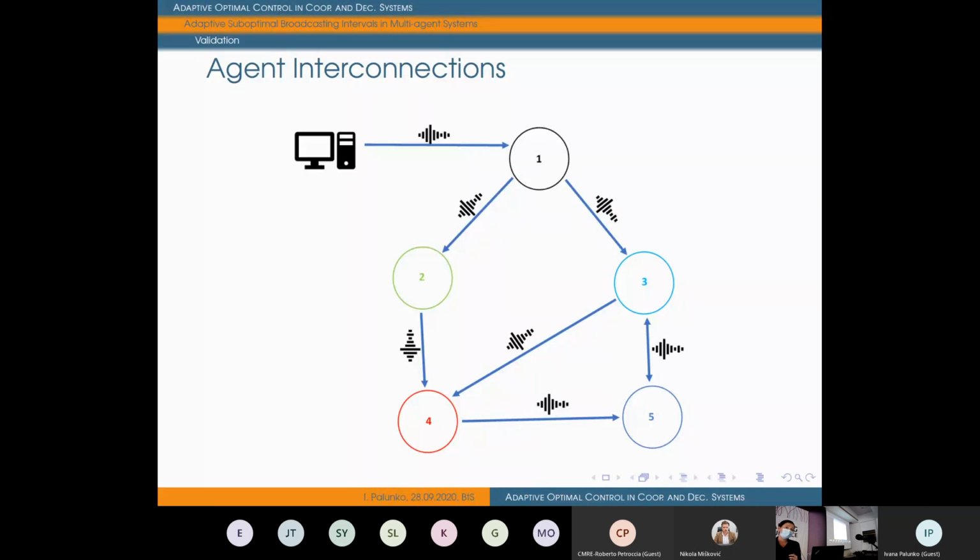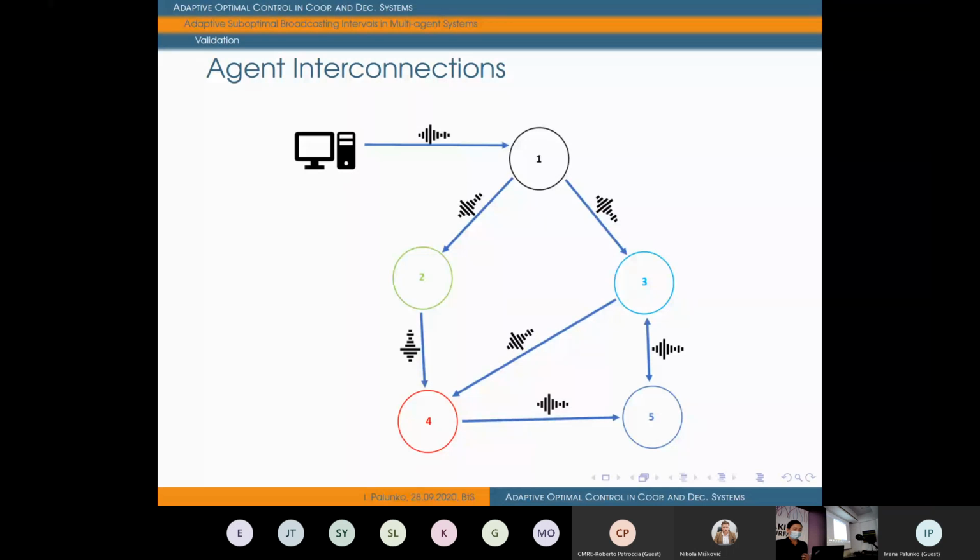So each of these agents is running their own least squares policy iteration based on the local information about the distances where they are, because the goal of this multi-agent formation is to keep the formation following the lead